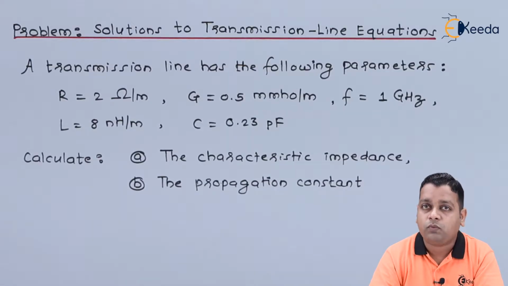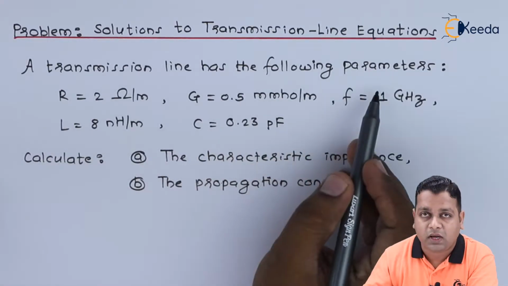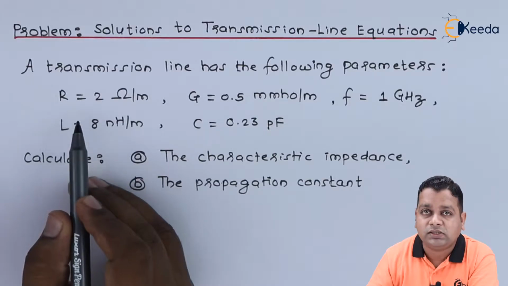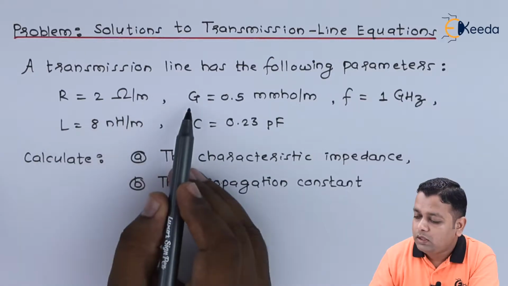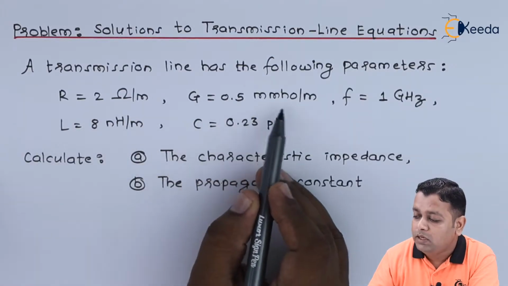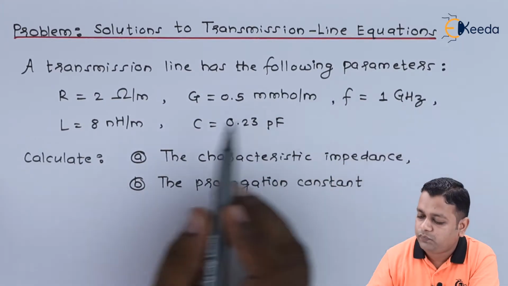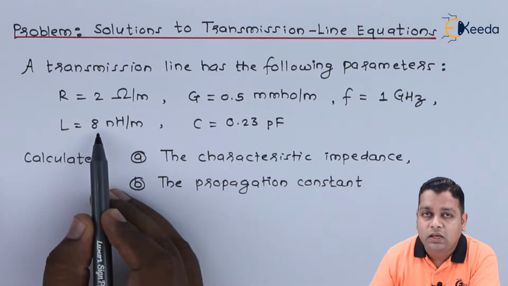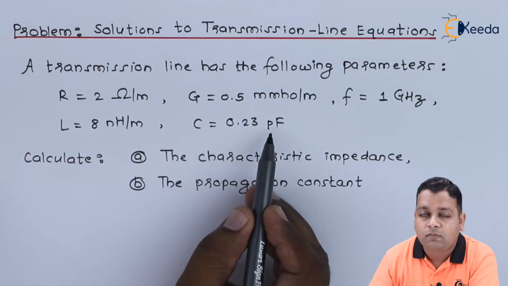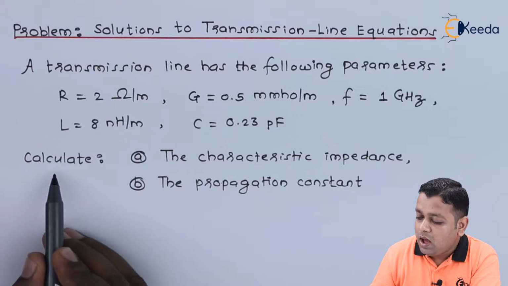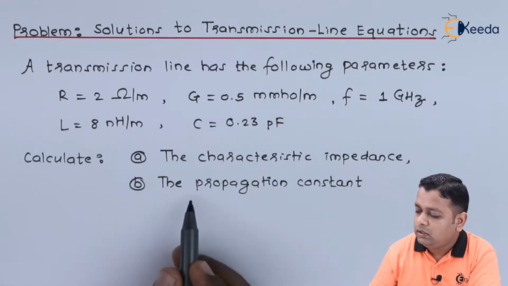Here we are provided a problem statement. A transmission line has the following parameters, represented as lumped parameters. Capital R is equal to 2 ohm per meter. Capital G is equal to 0.5 millimho per meter. F, the frequency, is equal to 1 gigahertz. Then we have capital L equal to 8 nanohenry per meter, and C is equal to 0.23 picofarad. We are asked to calculate in part A the characteristic impedance and in part B the propagation